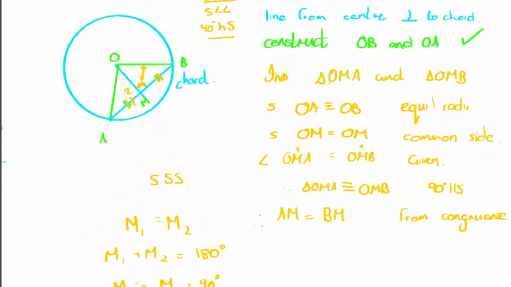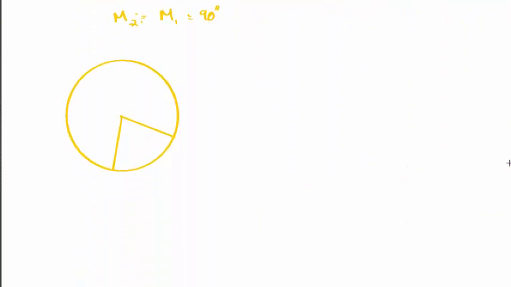Okay, so these lines from the center perpendicular to a chord are a different type of circle geometry, but now we get to angles on the arc and angles at the center. That's a little bit different. An angle at the center is when I draw two lines from the center. The angle at the center is the angle that these two radii make. Okay, you get that? Makes sense?